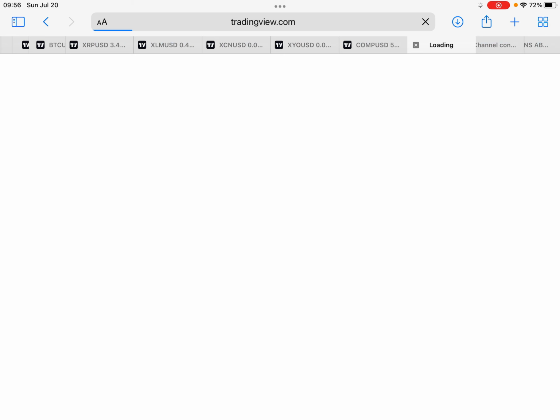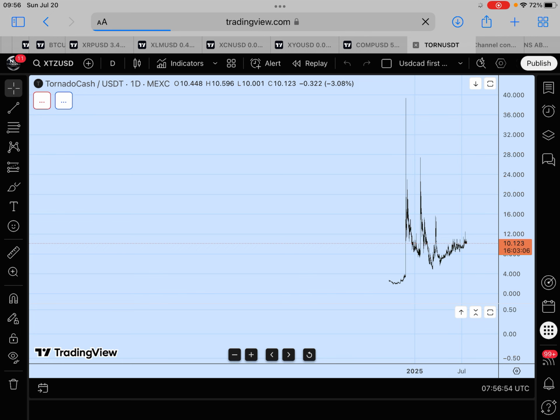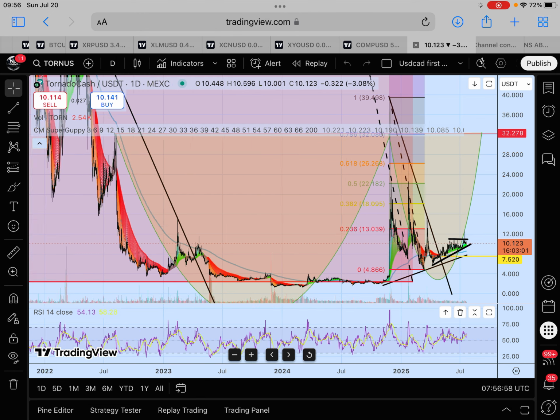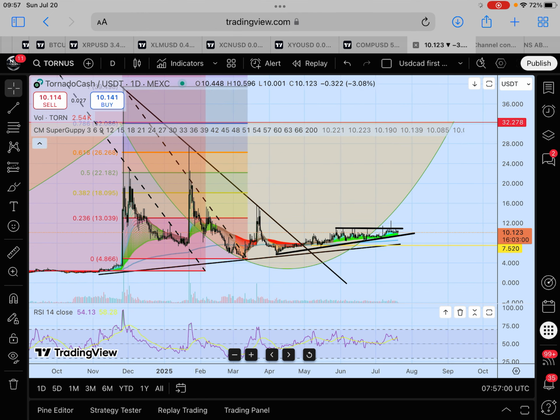Starting with Tornado Cash, we'll run through these real quick. Tornado Cash is filling out a cup and handle pattern like a majority of the other ones like XCN, and getting very nice support structure. Imagine this is water getting pushed into a pipe and it's getting a bunch of pressure. The 200 EMA is causing more pressure, pushing this upwards, as we see that whenever it had that push with